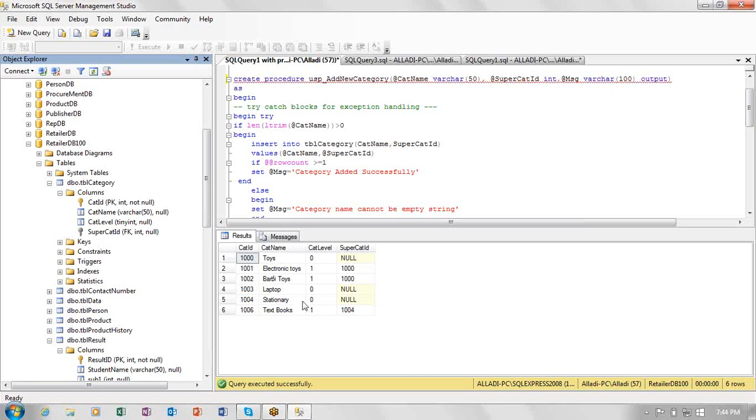Similarly, look at the stationery. In the case of stationery, it's going to be top level. Under that, you have textbooks. So therefore, here super category ID is going to be null for stationery and for toys, and level is going to be 0. As far as textbooks are concerned, cat level is 1, and its super category ID is how much here? 1004. Because under stationery only we have textbooks. So like this, we have